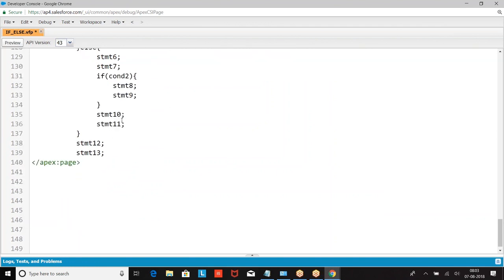Now, how do you write the conditions here? Let me give you an example. If industry is banking, set rating as hot and ownership as private.